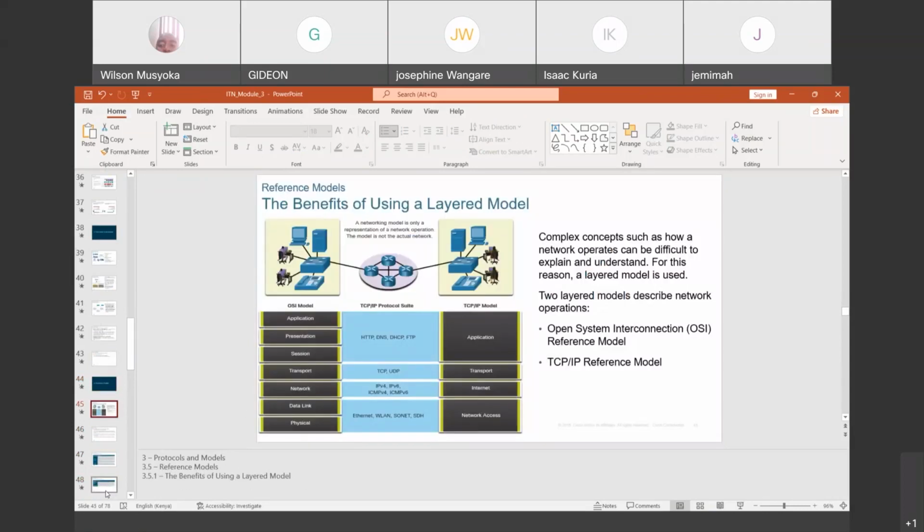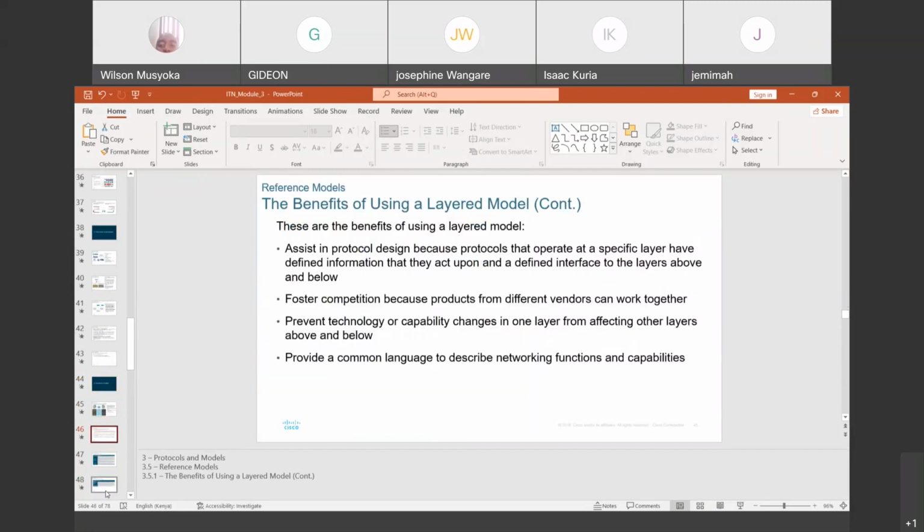Then the reference standards, we already looked at this, that is the OSI and the TCP/IP and what they normally do. So the benefits of having the layered model is that it assists in protocol design, because protocols that operate at a specific layer have defined information that they can act upon and a defined interface to the layers above or below.